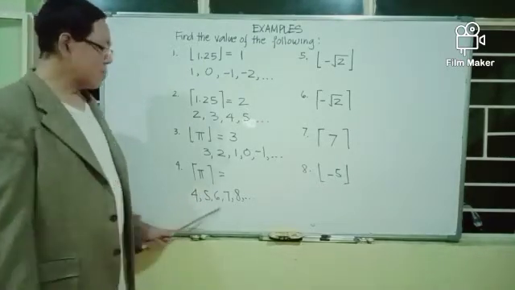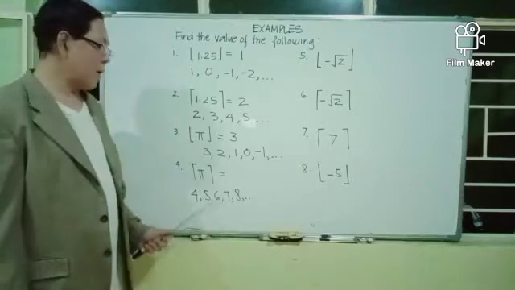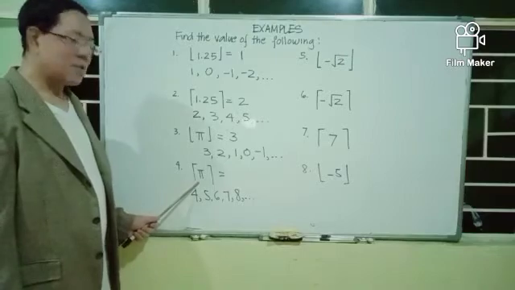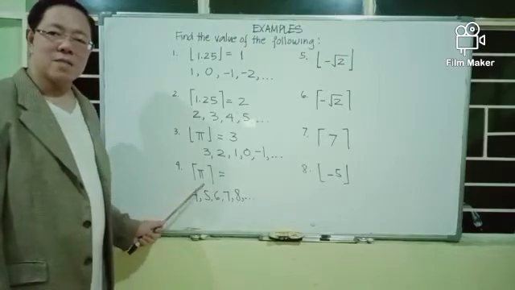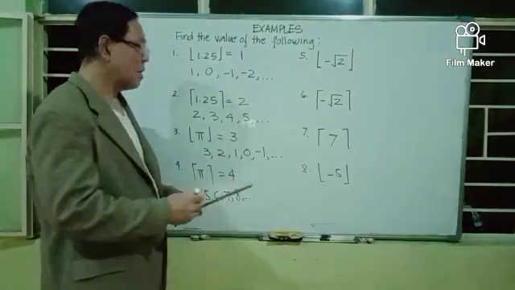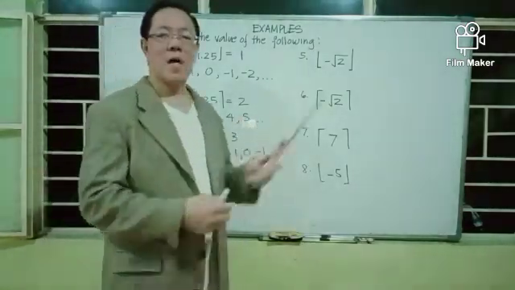But among these integers that are greater than pi, the least, or the smallest, is 4. Thus, the ceiling of pi is 4. Next, number 5,